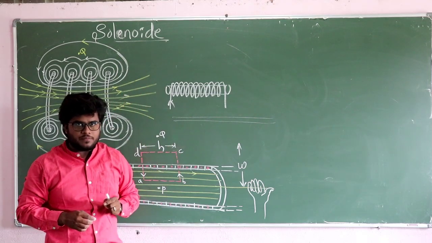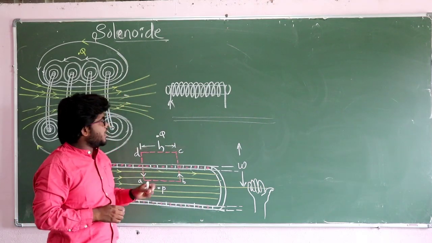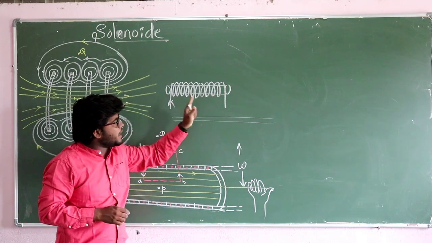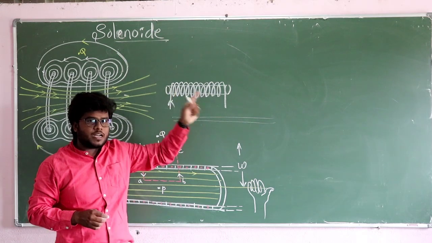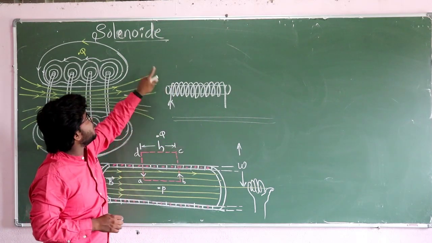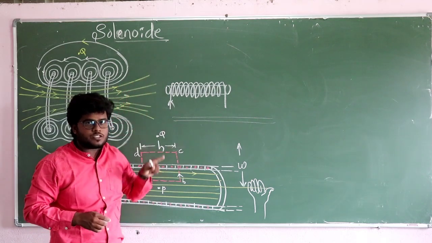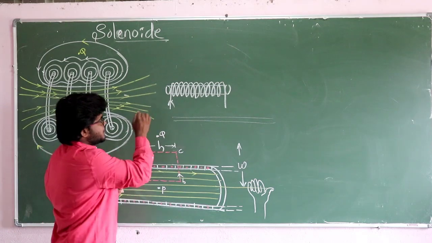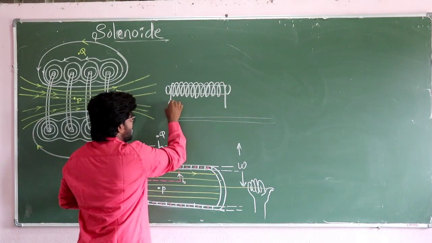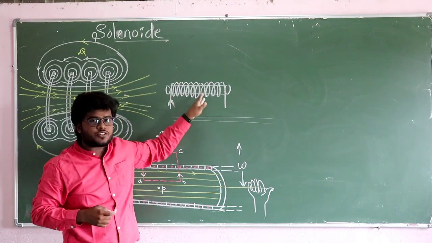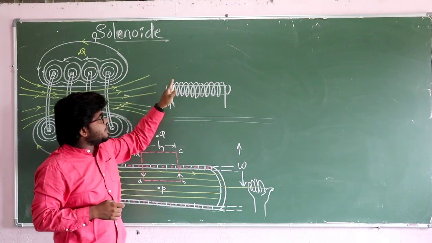In another way, if the length of the solenoid is at least 5 times greater than the radius of the solenoid, then it is called the ideal solenoid. Understood? So in the solenoid, whenever the current flows through each coil or each turn, then the magnetic